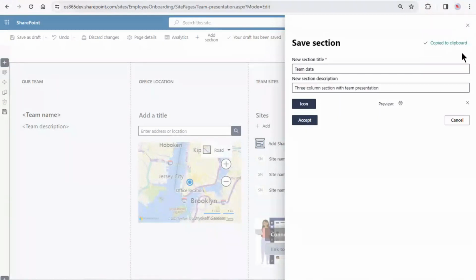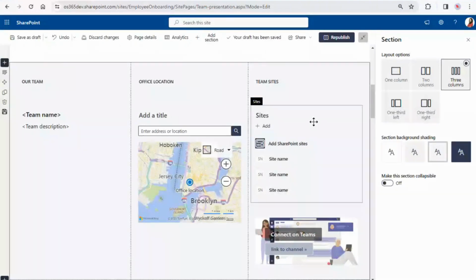We can use it to manually add items to our global section list located on the root side, or just to check the structure behind. But what we want to do right now is to save the section locally only. So this site will be the place to store the section template. I will then accept my choice, and